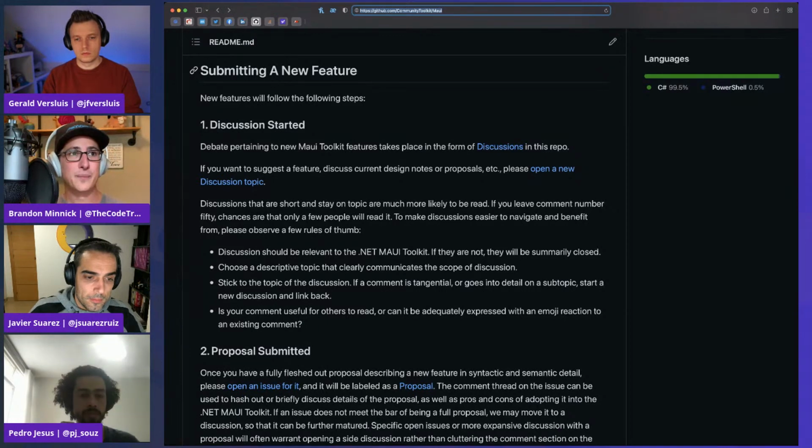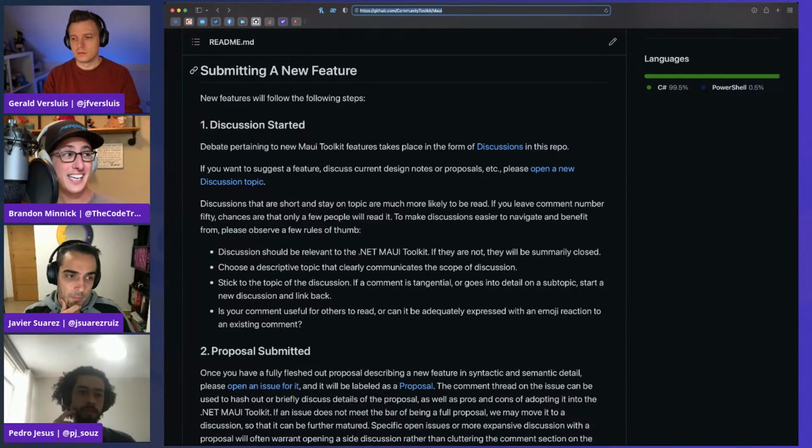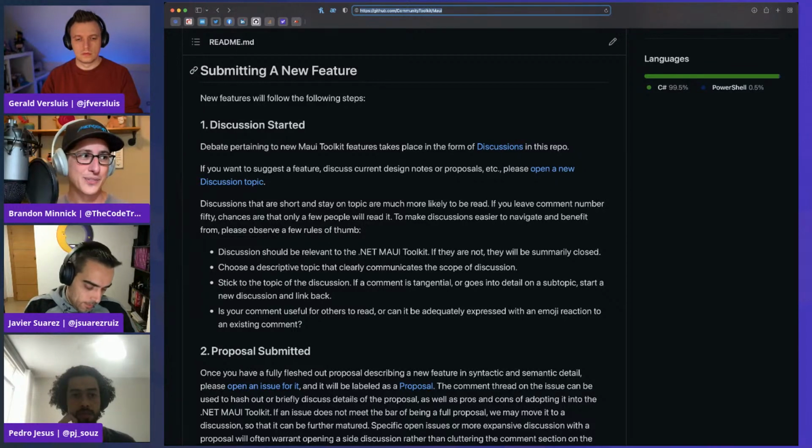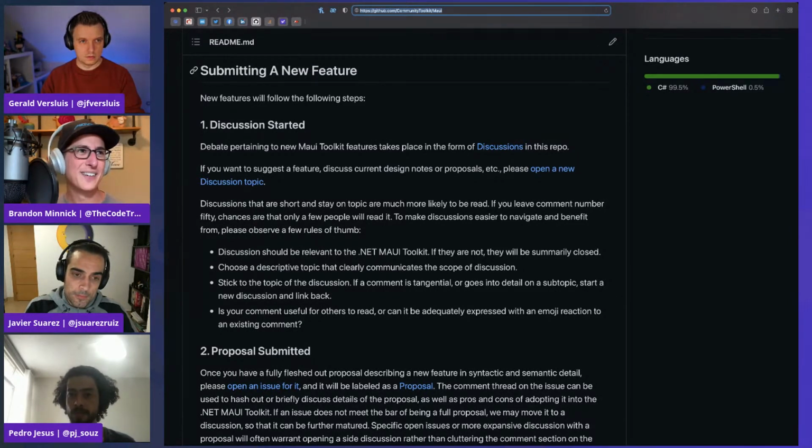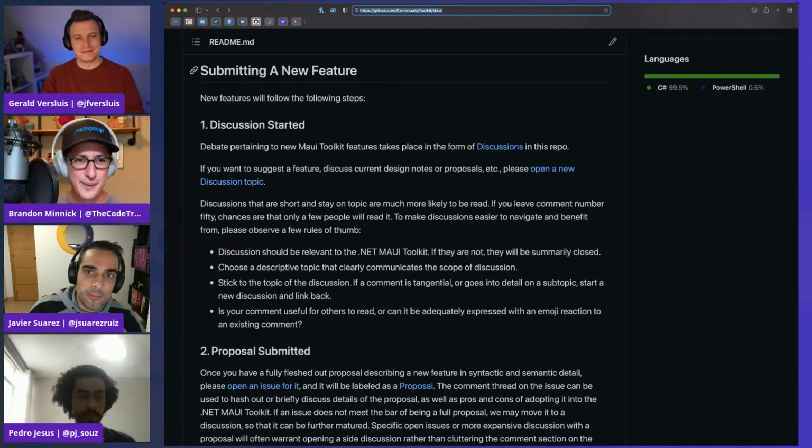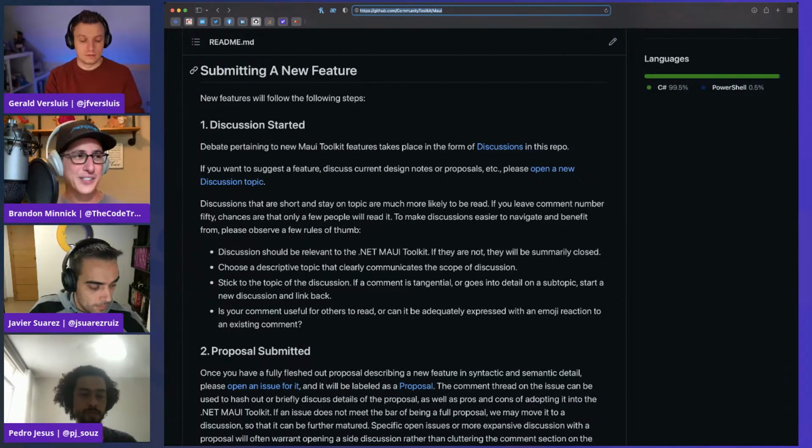But what did happen sometimes was folks would write all this code, spend hours working on this, open up a pull request, and sometimes we had to close them. And we felt really, really bad. There was a lot of talk internally about how can we make this work? And I don't know if we can. And so to ensure that we don't waste anybody's time, we don't have anybody writing code that just gets closed